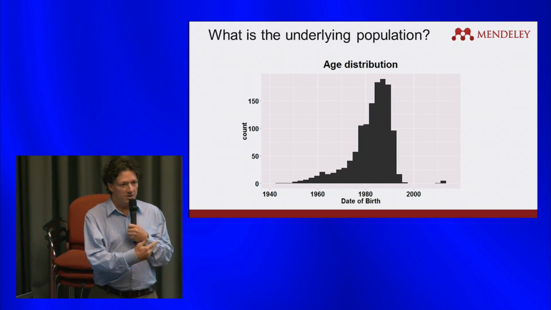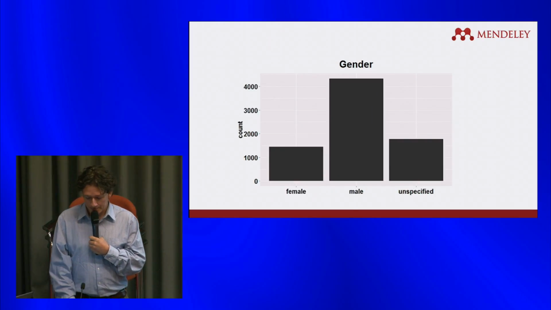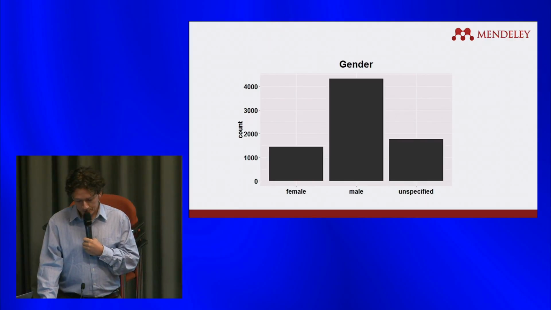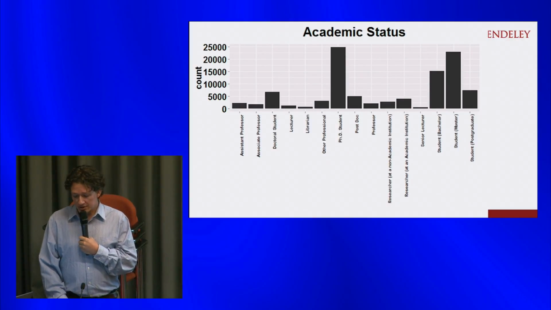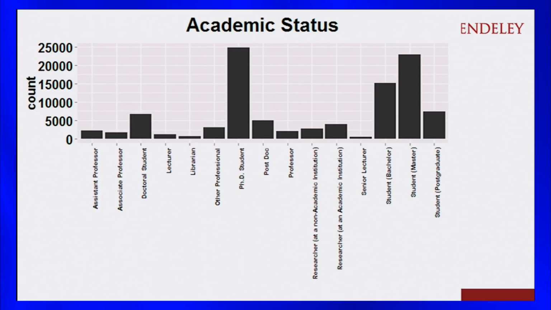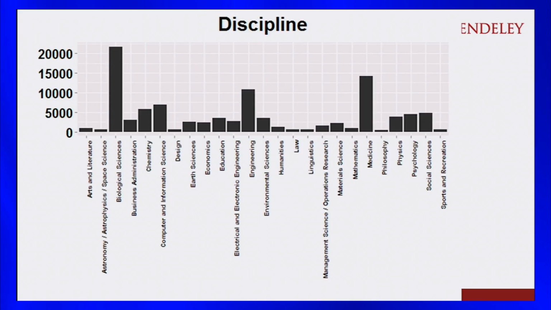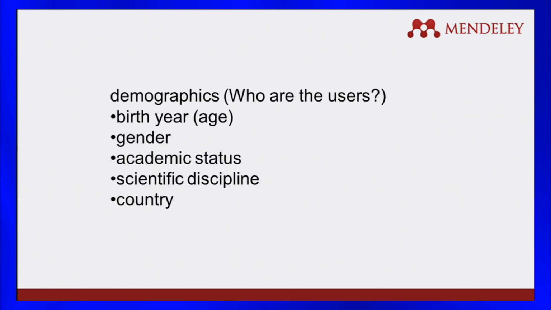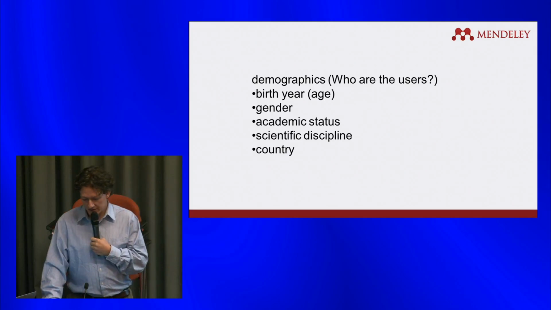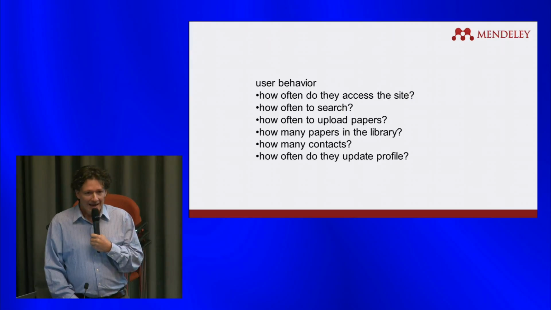They are mostly early career researchers, as you can see here, mostly male. They are mostly PhD students, doctoral students, and there's a smattering of professors that identify variously as assistant or associate or lecturer or staff researcher. And they're heavily weighted towards biological sciences, engineering, and medicine, but there's quite a range of different disciplines available there. So we're going to provide a characterization of the demographics of these folks, and then we're going to select